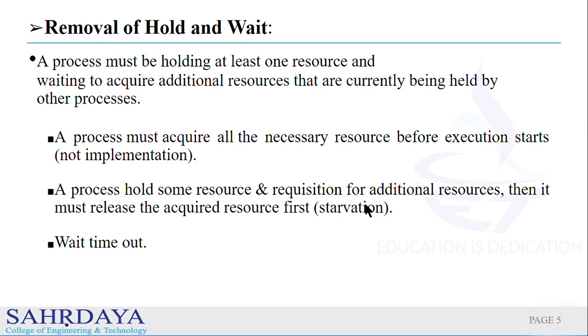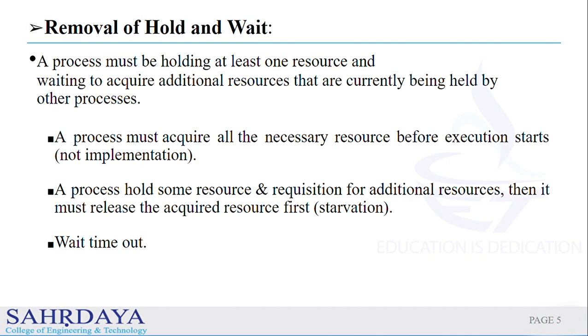A process may have to release its resources many times. Suppose a process has 10 resources and needs one more. Before that additional request, it has to release all the 10 resources. Then, when it requests again, it may not be able to get so many resources at the same time, so many times that process has to release its resources. So a starvation problem can occur.